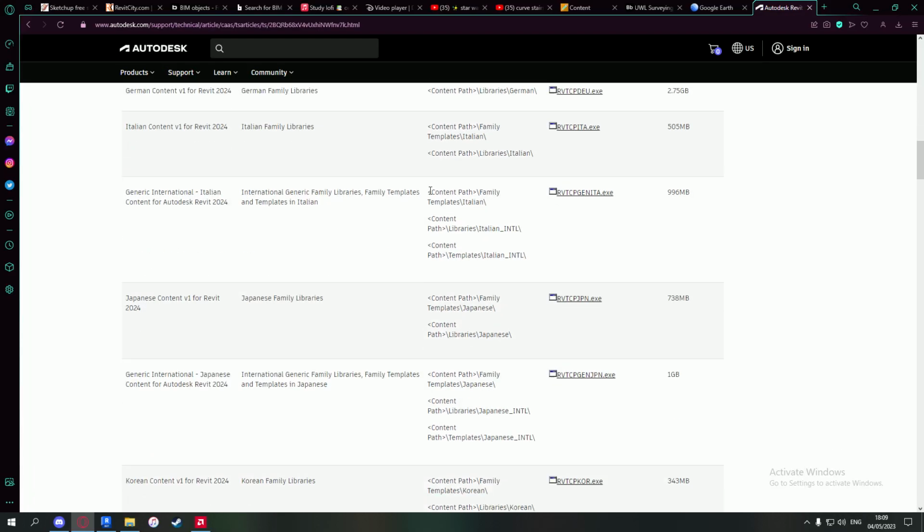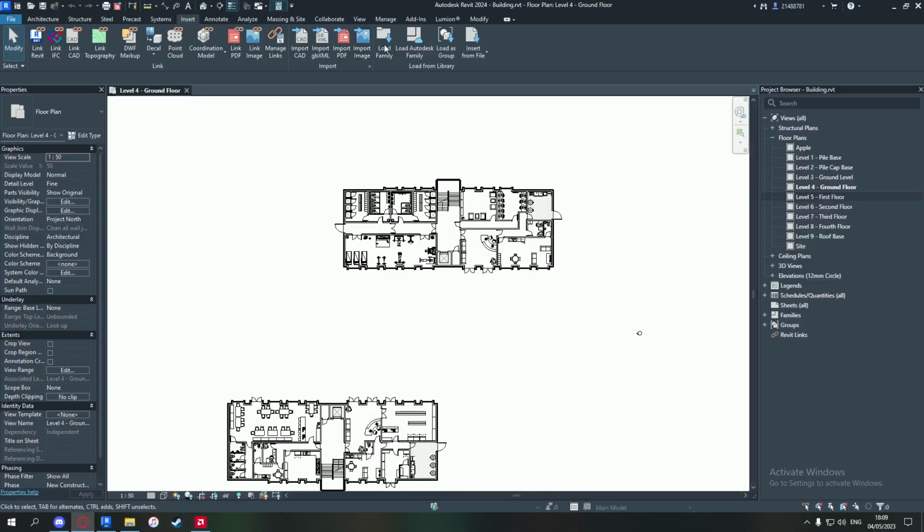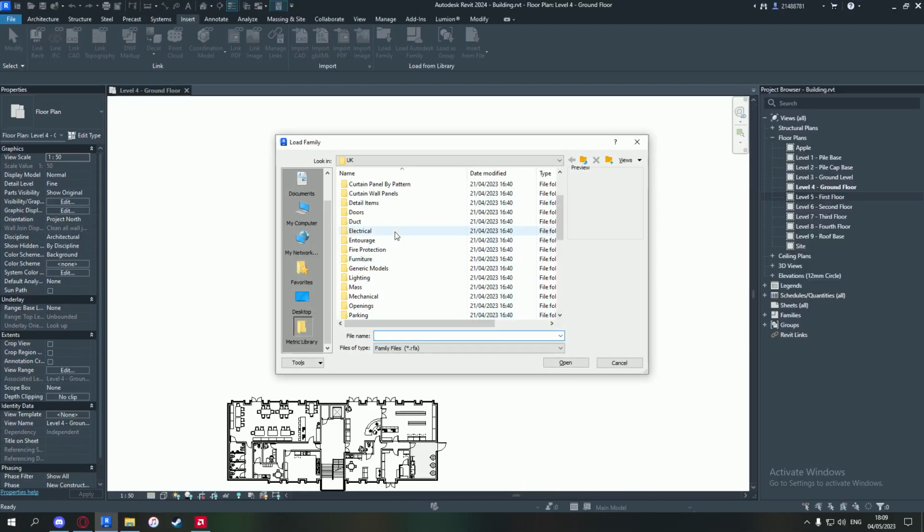You'll need to close Revit for this and then install either the US or the UK version. It's just up to you. You just install it here, and once it's installed, it will let you add it to Revit. So if you have that, you'll be able to go on Load Families, and then your families will appear. Where the piles are, you go to Structural Foundations,